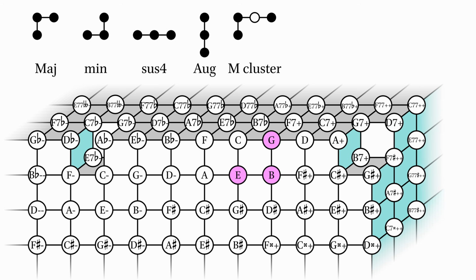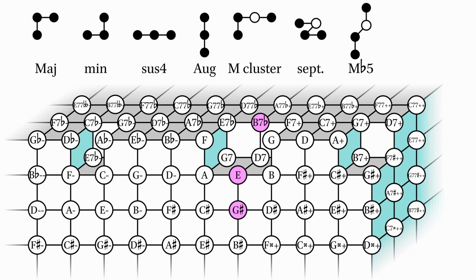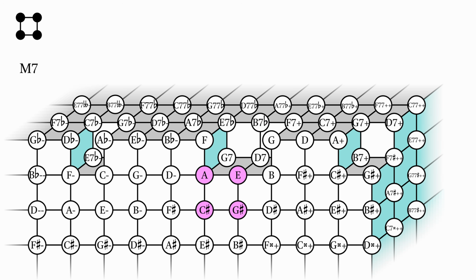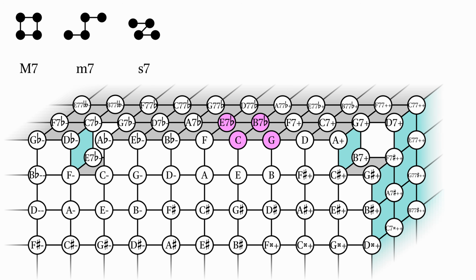Now let's go back to the minor triad and make it even more minor. That makes a septimal triad, bringing in that third dimension of the grid. Or, using that dimension a little differently, here's a major triad with a flat fifth. Now let's do some 4-note chords. Here's a major 7th chord, a minor 7th chord, and a septimal 7th chord. Now a harmonic 7th chord, which is a lot like the dominant 7th chord you may be familiar with, but uses a septimal 7th instead of a minor one.